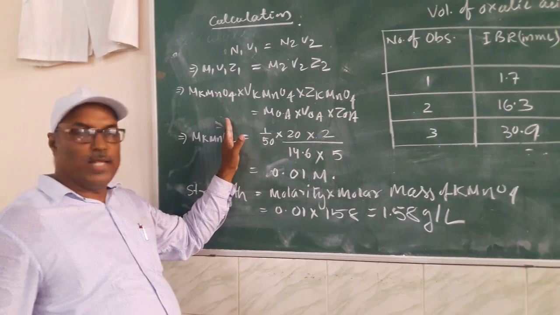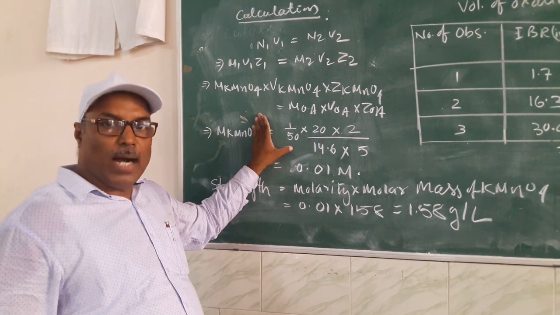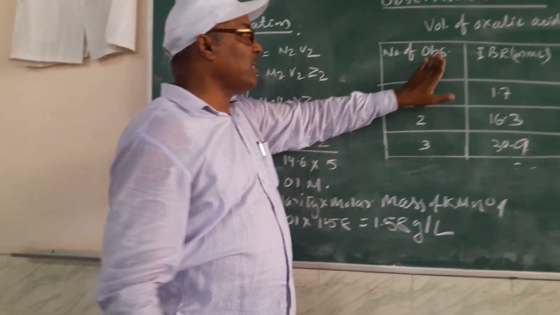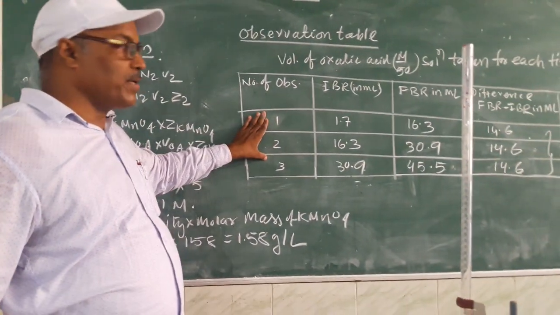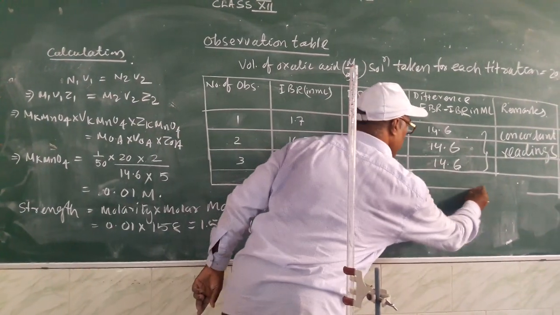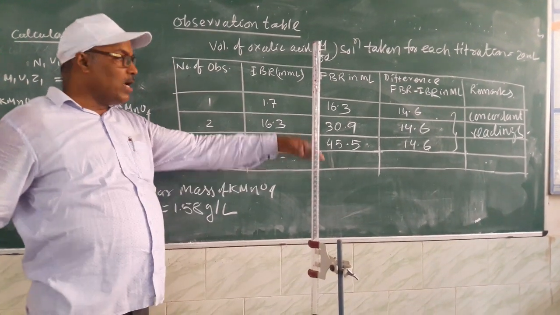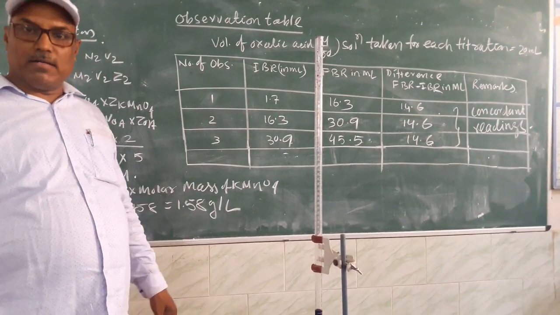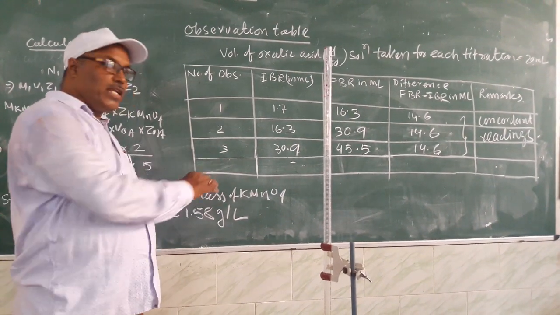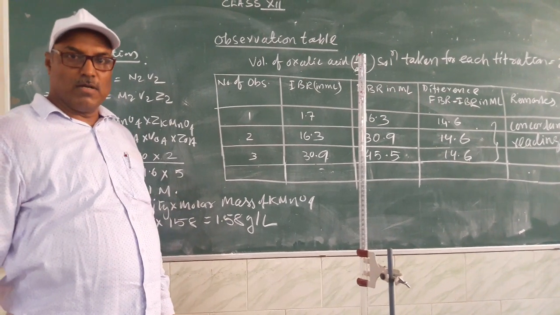So I request you please note down all the things in your laboratory copy, and when you come to the laboratory you will work out your own experiment. Only do not fill the observation table. Okay, you just keep the observation table vacant, and in addition you can take one more line in the table, because in my case all the 3 readings are the same. Therefore I got the concordant reading in the first, second and third experiment. So you keep experiment 4 extra if you have a rough reading also. Okay, thank you so much friends for experiment 1.